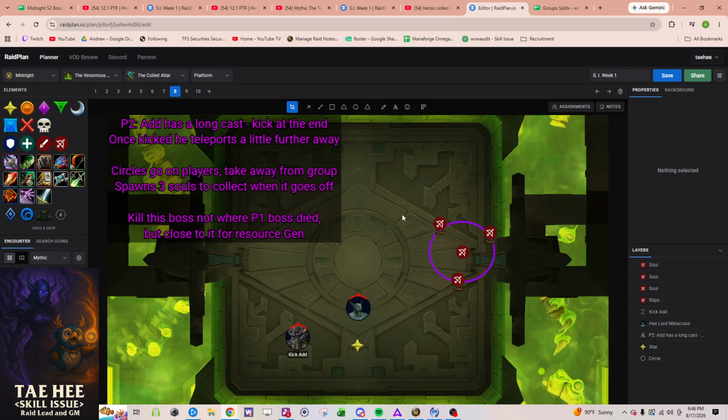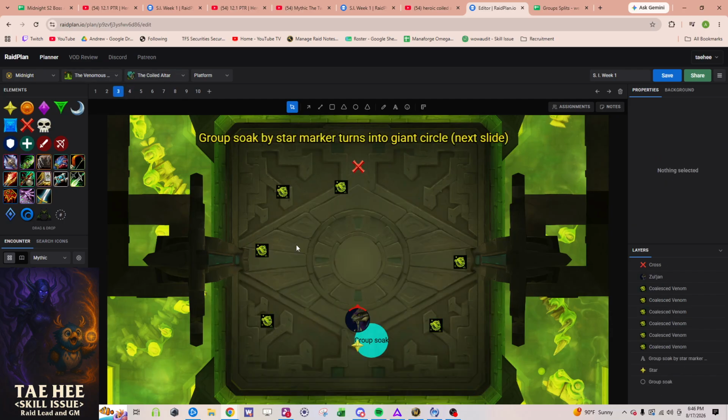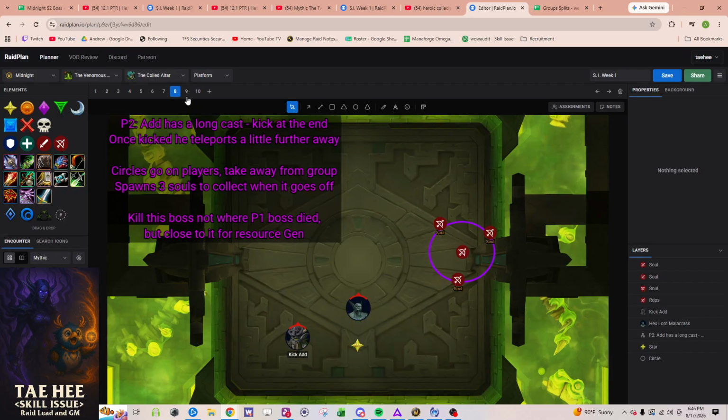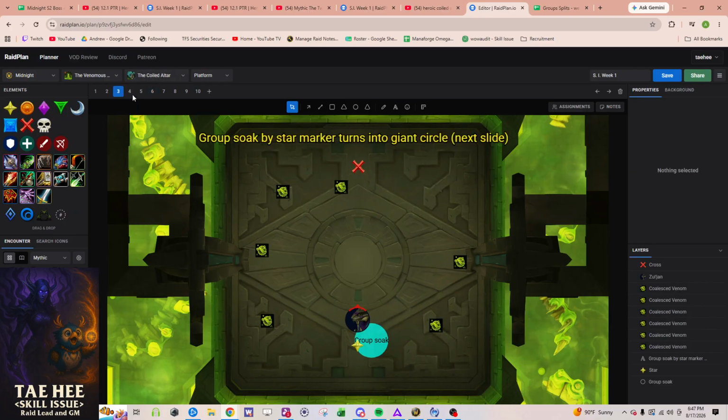That does matter. How I assume this will work, and we'll watch it when it goes live, is that this will matter a lot more for Phase 3 than Phase 2, I think, because once we start getting this group soak that causes this movement, if we hold the boss in the center of the room like this, it might cause weird things with these ghosts. So if we keep the boss on the outside of the room, so that when we do that group soak, when both bosses are alive, we can get out of dodge,